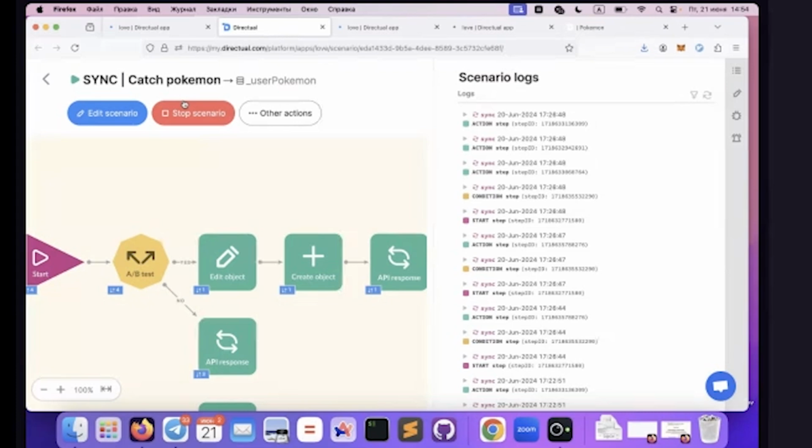user and Pokemon. Let's check our subpage with our Pokemon. On this page, we have one button. This button helps the user to go back, and